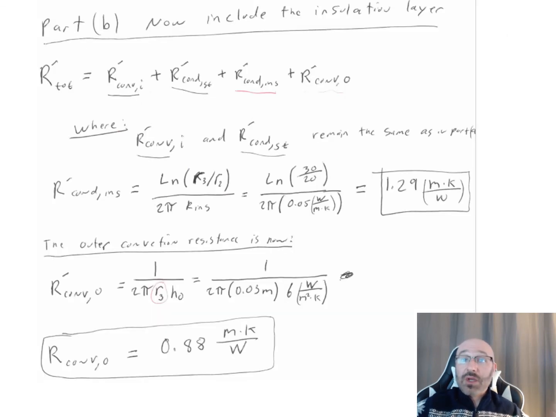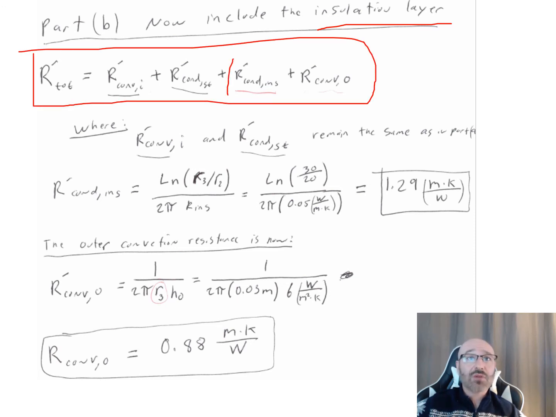Now, from here, we need to go to part B. Part B, the difference is now we want to include this insulation layer and compare the difference between having the insulation layer and not having that insulation layer, looking at that heat gain per unit length right there. So now what we do is we go back to our R prime total right there